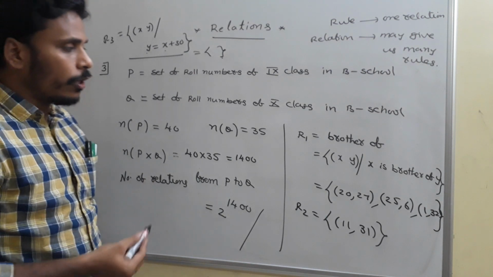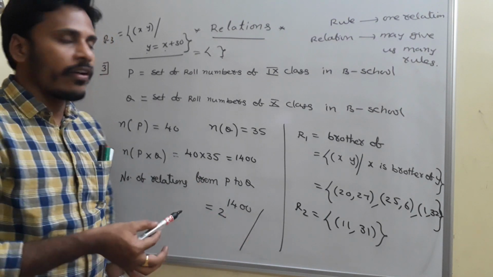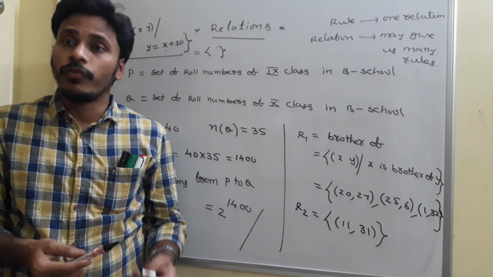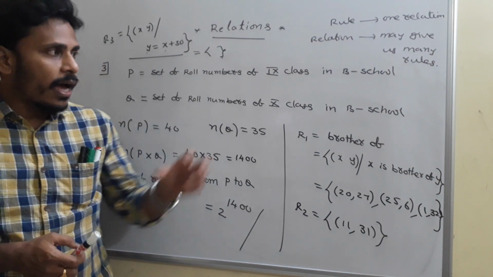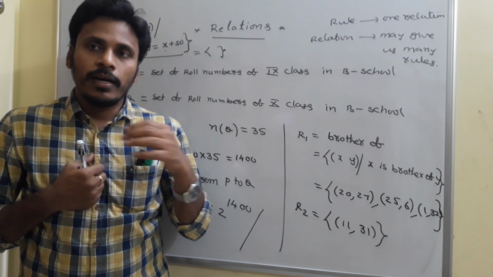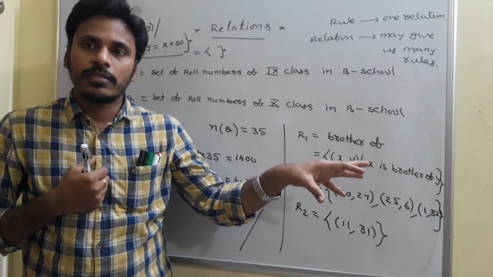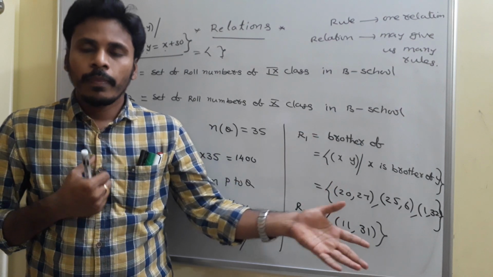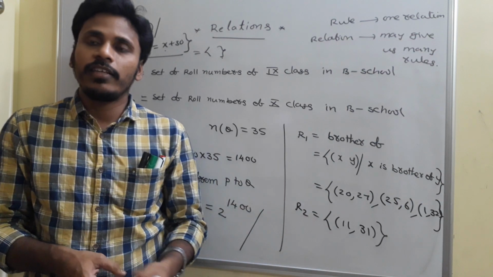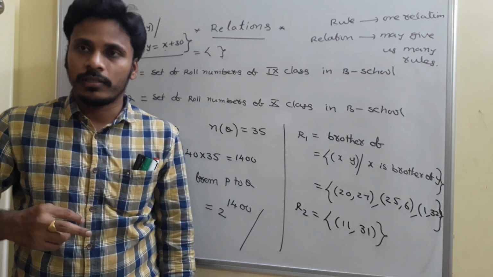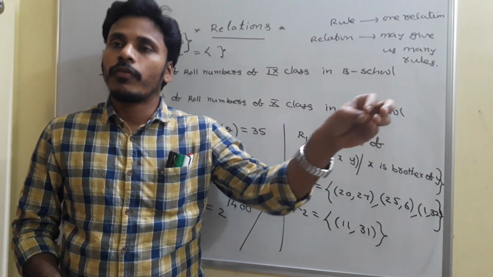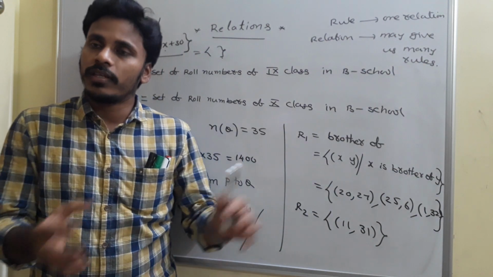So what I am going to tell you is, there are 2 power 1400 relations, and every relation has some specific rule. Sometimes we may observe it and sometimes we can't. For suppose I just collected some numbers. For example, I say a village, you just name that village as some V, and I know the people from that village V from both 9th class and 10th class. I will just collect in all possible ways those persons. Here the numbers 2, 3, 4 of 9th class, and there the numbers 5, 6, 7 of 10th class are of the same village V.